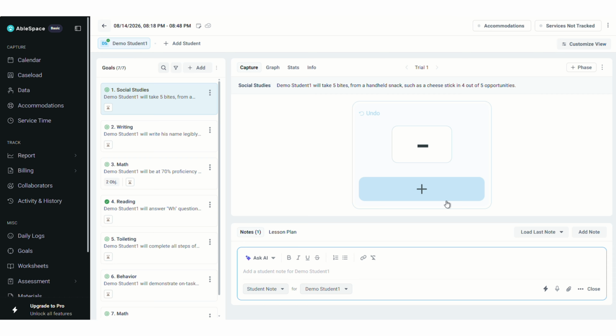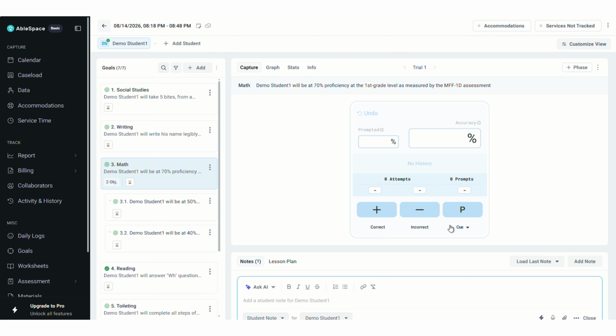I would add keyboard shortcuts where possible. For example, right arrow is correct, left arrow is incorrect, P is prompt, and Control Z is undo. This could make data entry faster and reduce unnecessary mouse clicks. That's all.